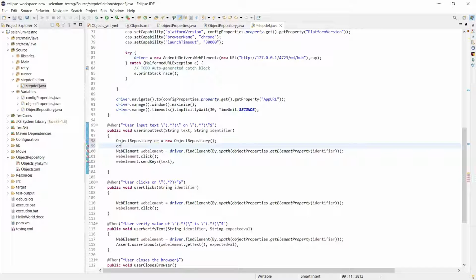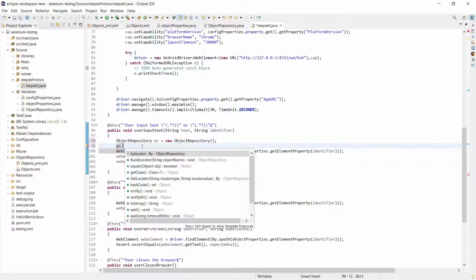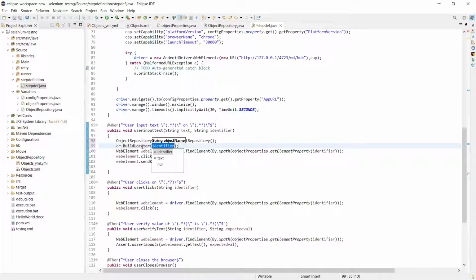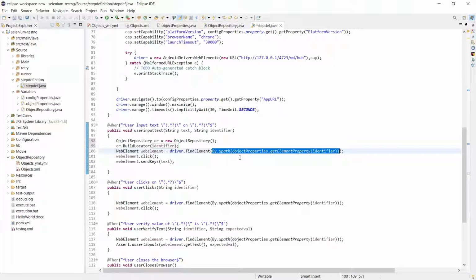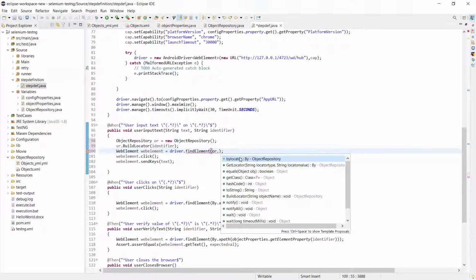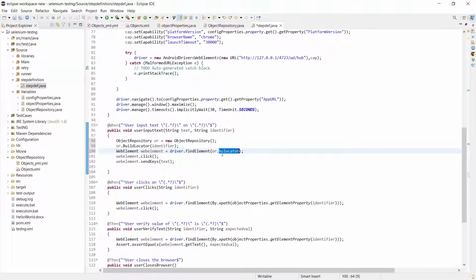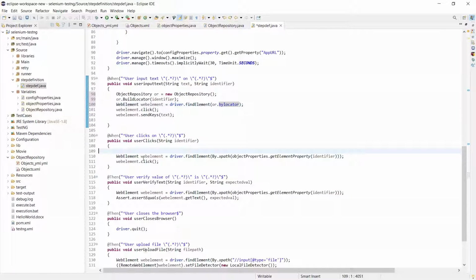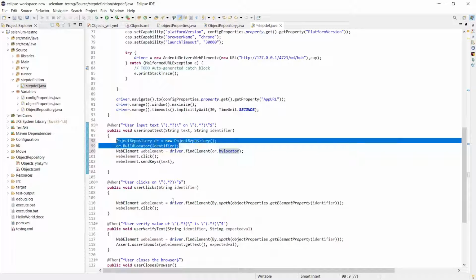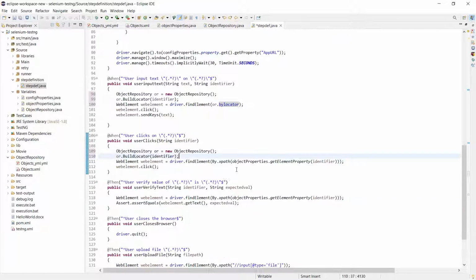So we'll pass the identifier into the buildLocator method, and then we'll pass our By object locator into the findElement method. Similarly, replace the code in all places to find elements by using our By object locator.